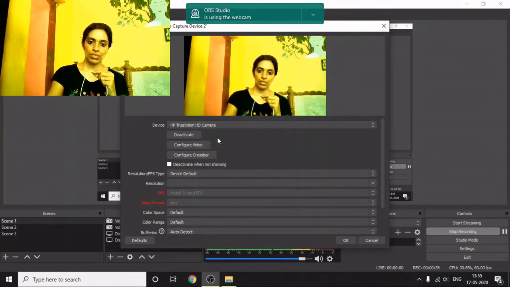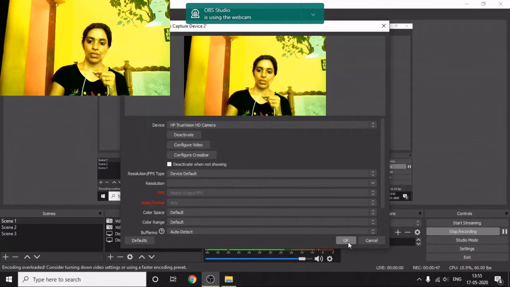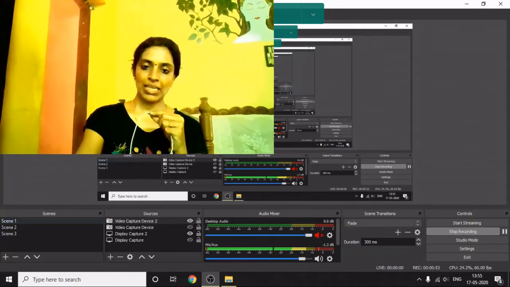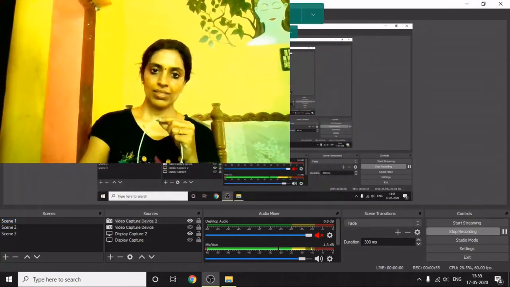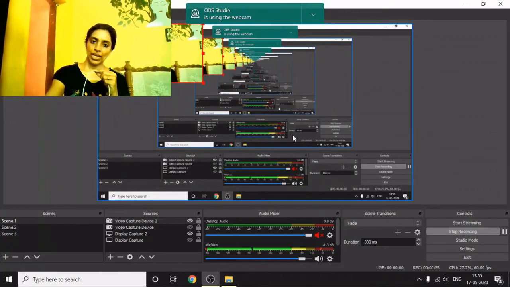You can configure the video by going here. So many options are there. Then OK. You can increase the screen size by dragging this corner, or you can just right click it